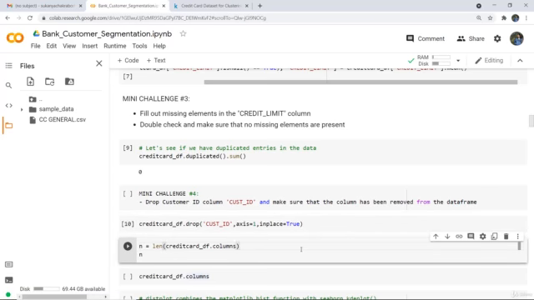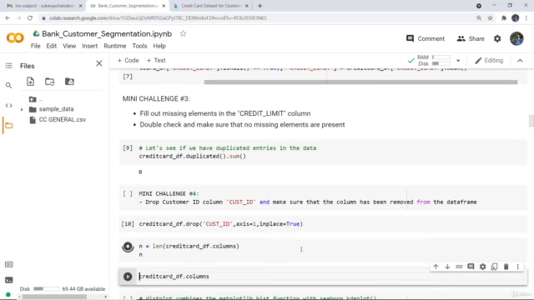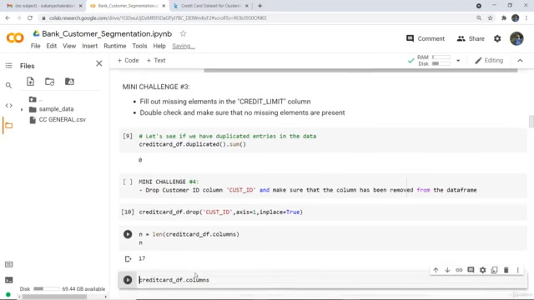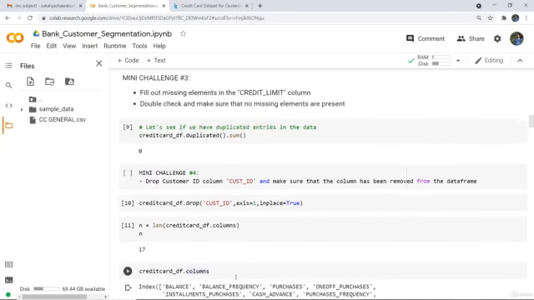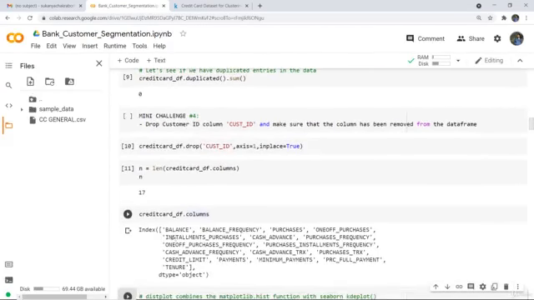And now we have checked the length of the columns and printed it. We have seen that it was earlier 18. If I drop a particular column or feature, then this number tends to be 17. And here you can see that it is now 17. When I print the columns with the help of credit card df.columns, it prints the index, and here you can see it starts from balance frequency. So you cannot see customer ID now, because we have dropped it from this particular ccgeneral.csv file which we are operating on further.